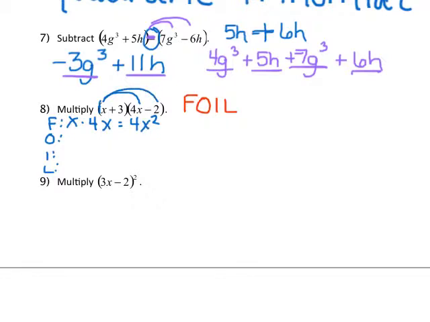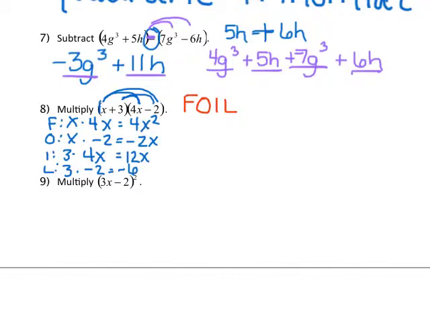Outside would be x times negative 2, don't forget that that's a negative 2. x times negative 2 makes negative 2x. Inside, 3 times 4x is 12x. And last, 3 times negative 2 is negative 6. When I go to combine these things, and the other thing I saw, some of you when